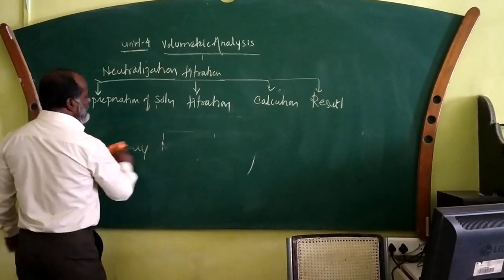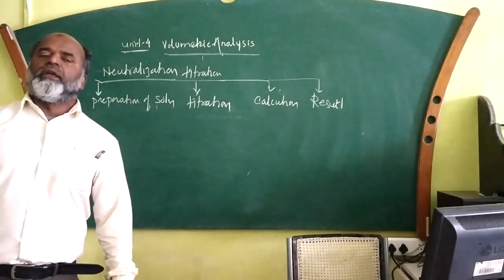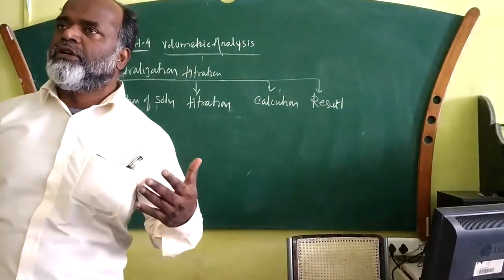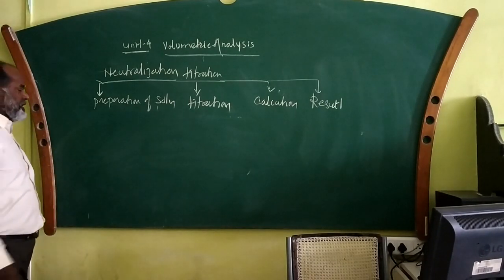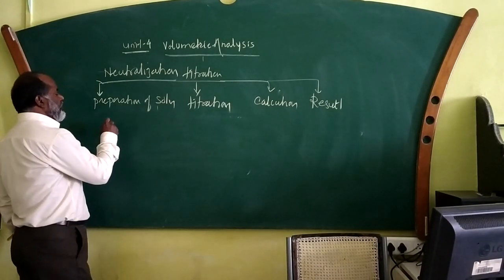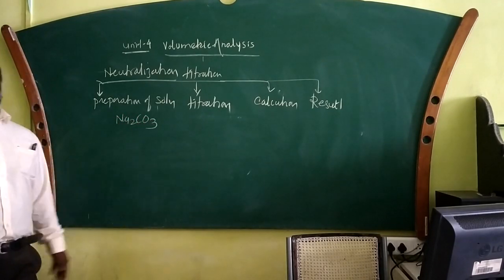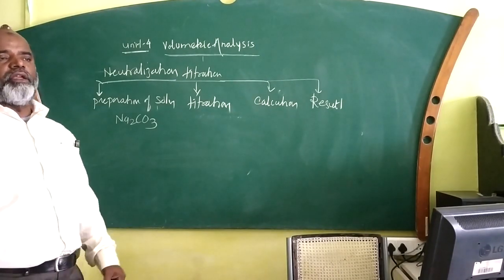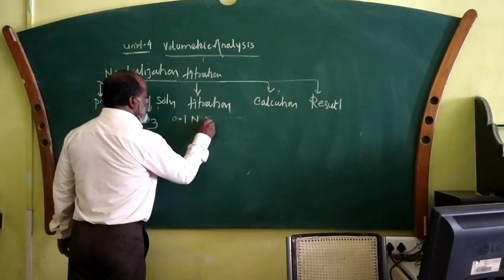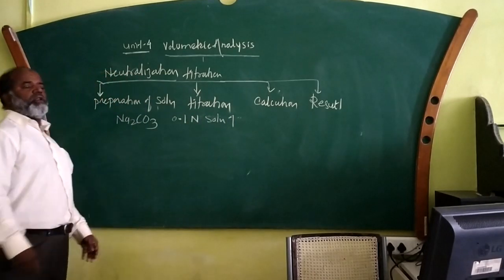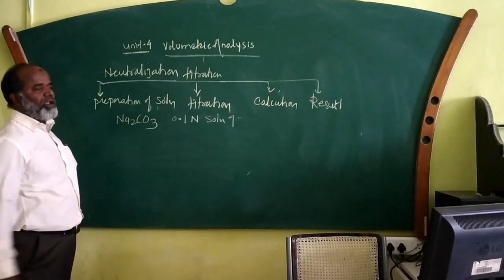तो चलिए हम इसमें से एक सब्सटेंस लेते हैं. We'll take one substance and we'll prepare its solution, primary or secondary, and we will try to find out its method of expressing the concentration. तो एक एग्जांपल देखिए. For example, I will take sodium carbonate, Na2CO3, or I will take sodium bicarbonate, or I will take NaCl. I want to prepare 0.1 normal solution of sodium carbonate. तो 0.1 normal बना रहे हैं, तो I have to take the required weight. मुझे उसका required weight लेना पड़ेगा.